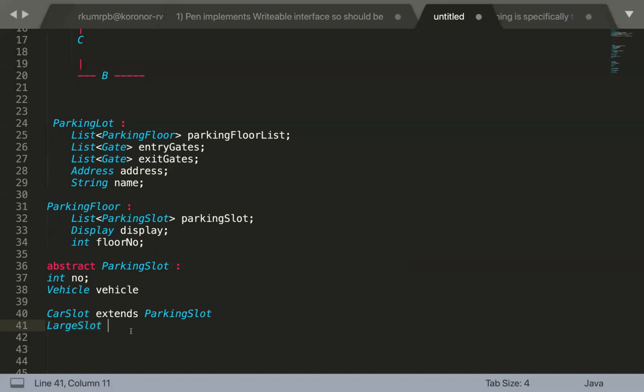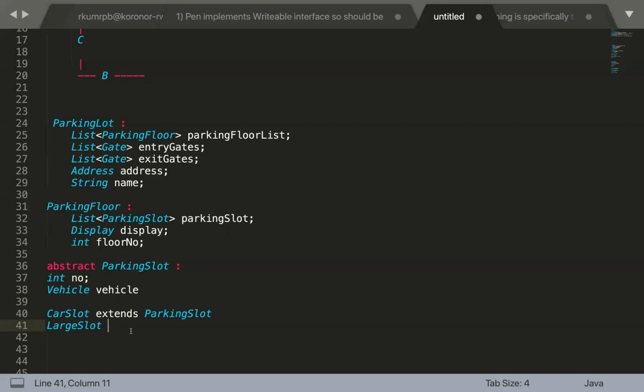The actual problem with two-wheeler, three-wheeler, four-wheeler is that a bus is also a four-wheeler, right? A car is also a four-wheeler, but the bus won't fit into a car slot. So probably the name will be more of a large slot, compact slot. I have taken car slot, but I would have taken it as compact slot, because when we are taking the large slot, the name should be in the same respect.